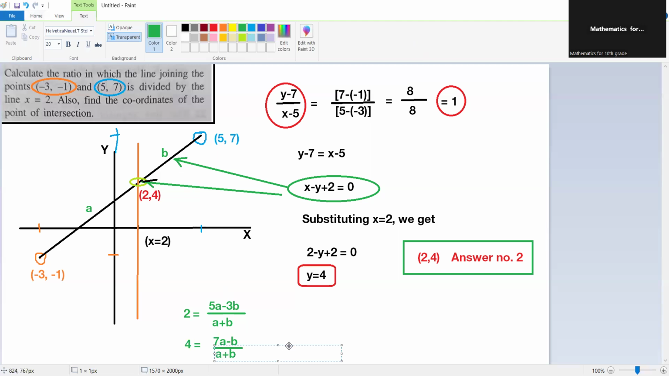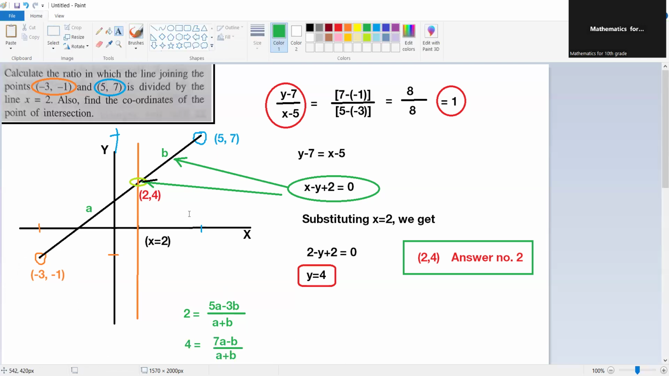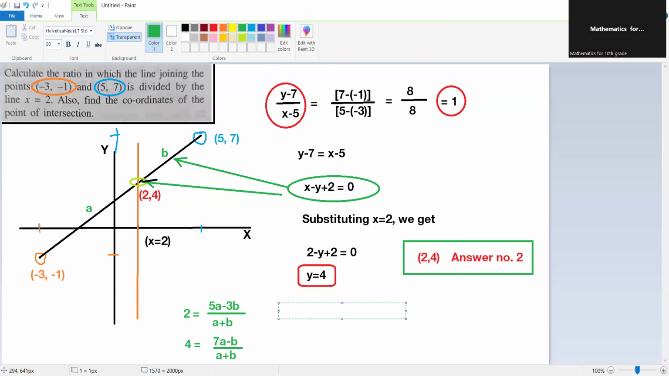So you can see the pattern here. Always the denominator is A plus B. So the x coordinate of the intersection point, 2, is 5A minus 3B upon A plus B. Because 2 is the x coordinate, 5A minus 3B upon A plus B. And the y coordinate of the intersecting point is 4 equal to 7A minus B upon A plus B. If we expand this,